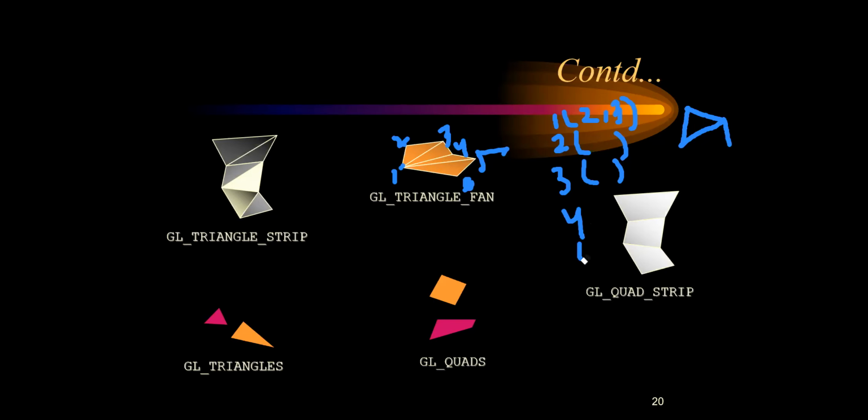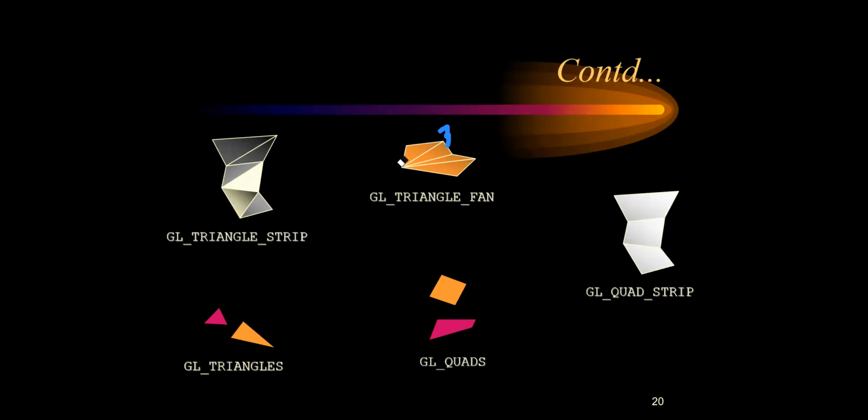Now the next thing is that the quad is also one of the categories, known as GL quad strips. So in GL quad strip, just as the triangle and everything has been declared, in a similar way you can do your GL quads also. In your GL quads, you can see that anything can be joined anywhere, right? So GL quads can be joined wherever you want to join, and this can also come under your polygon family.